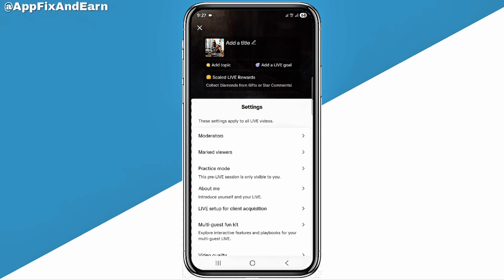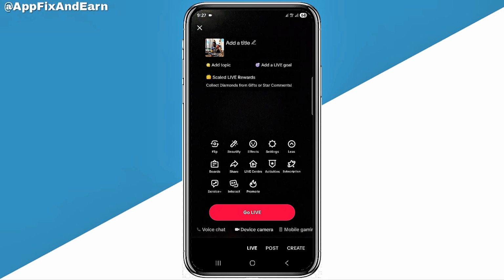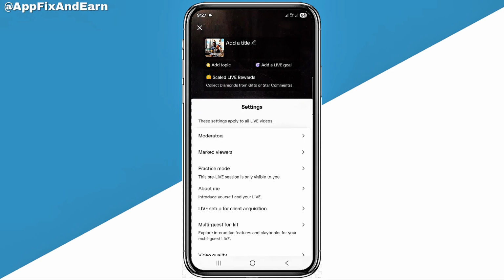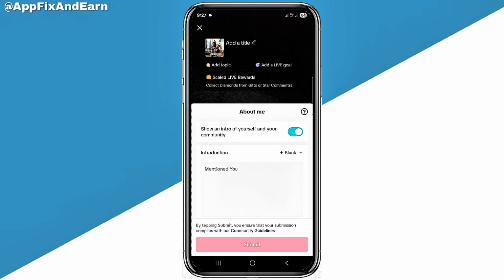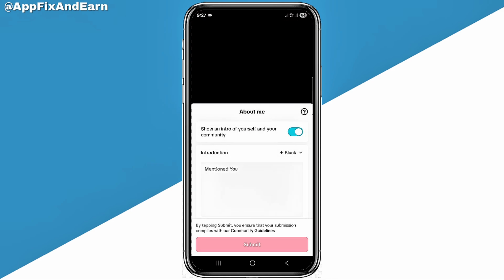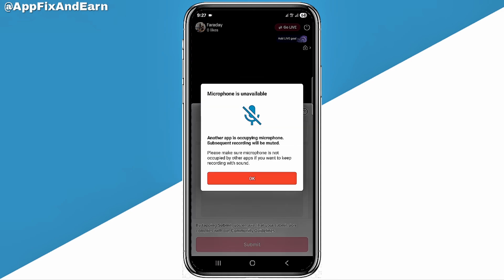Right here you can see where it says practice mode. You can see that is actually the third option right here. Clicking on that like this, looking here, you're going to see where it says practice, so you can go ahead and click on practice in order to enable it. Looking here, clicking on practice like this, you're automatically going to start going live and you'll